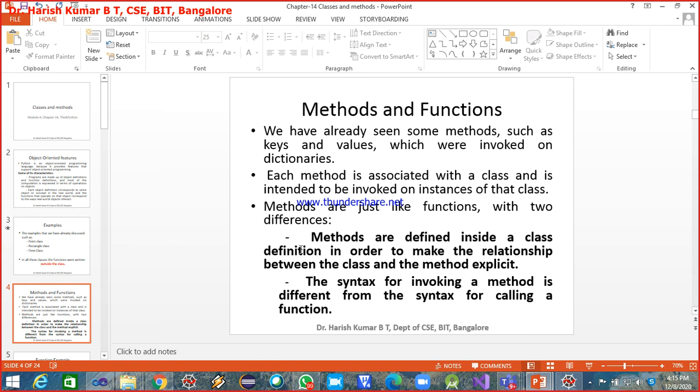Methods are defined inside the class definition. Now where we write the methods: it is inside the class definition. If you're writing the definition of a function inside the class, then we call it a method. If you're writing it outside the class, then it is called a function. What we wrote in the previous classes were functions, because they were written outside the class, and methods are always written inside the class body.